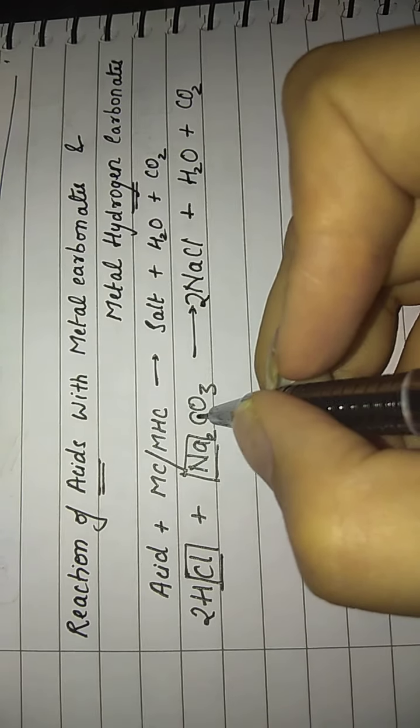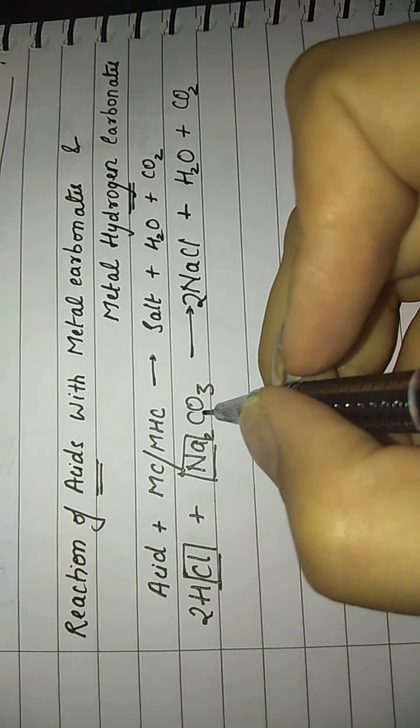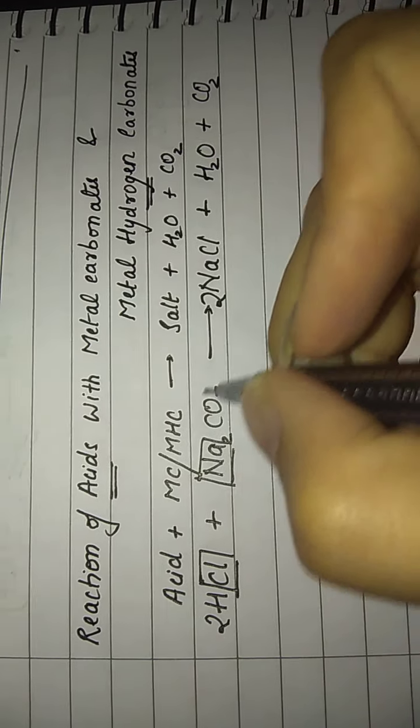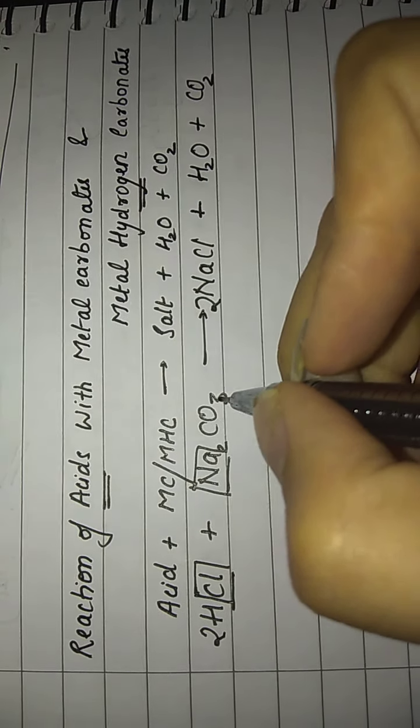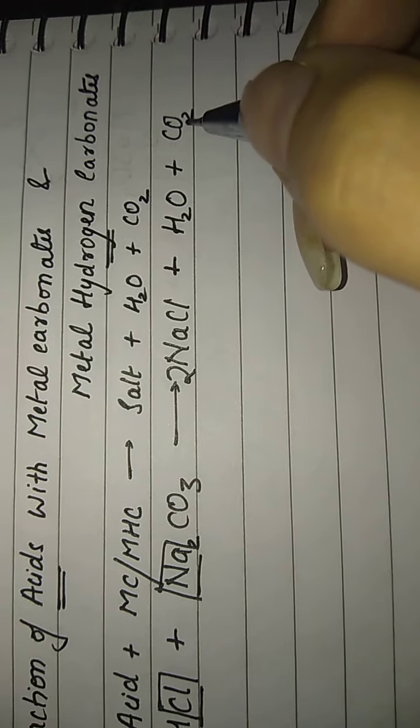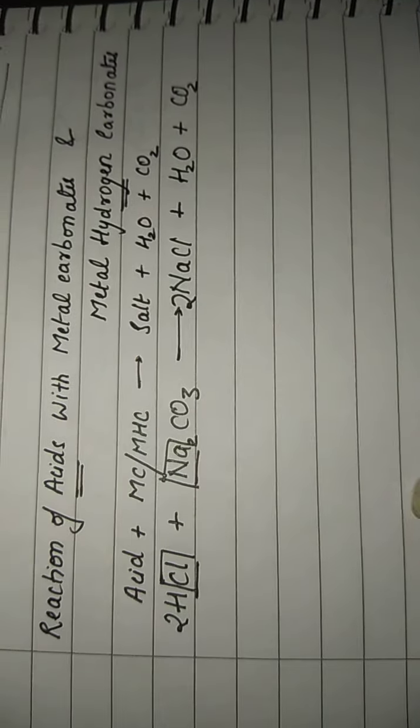Let us see for carbon. There is nothing written just after carbon. So there is only one carbon atom on the left and again one carbon atom on the right. Oxygen. On the whole left hand side, there are only 3 oxygen atoms, and on the whole right hand side, 1 oxygen atom is present here in water and 2 here. So it makes a total of 3. So oxygen is also balanced.